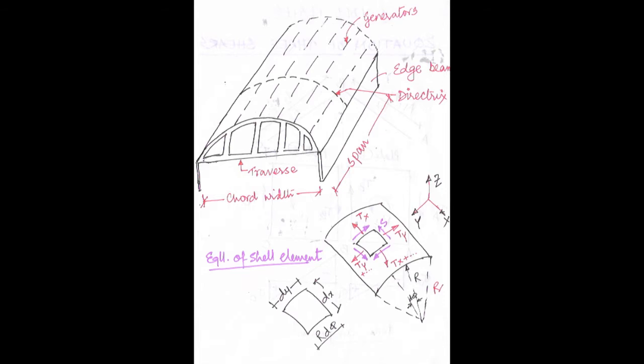Along XY axis. Please see, I have specified the XYZ axis because this is a 3-dimensional structure, correct? So XYZ, please see at the right hand side of the page. Along x-axis the membrane force is Tx, shown in the red color. Along y-axis the membrane force is Ty. I have also shown the semicentral angle, that is phi, and d phi I have taken as an element of the central angle, and capital R, that is the radius of the shell structure.